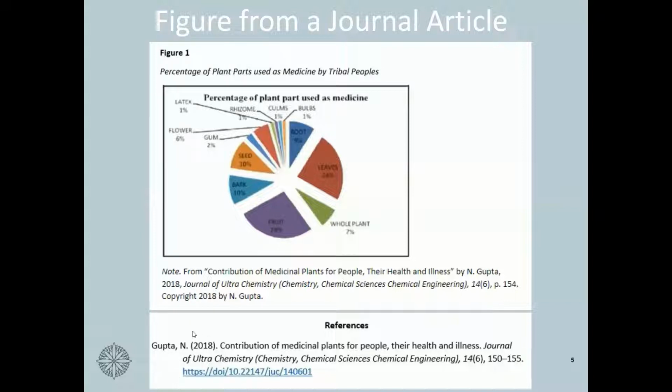It's just displayed in a slightly different way. You'll see we're still collecting the author names, the date of publication, the title of the journal article, the title of the journal the article was published in, the volume and issue, the page range, and in this case we have the DOI. So we don't include the DOI for the note section, but all of that other information is represented in here, just formatted slightly differently, moved around a little bit differently.